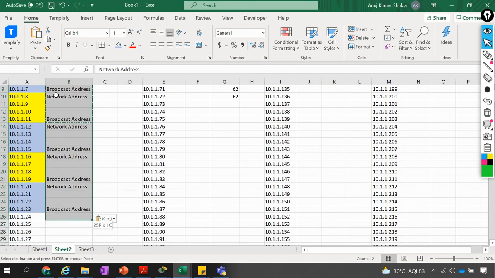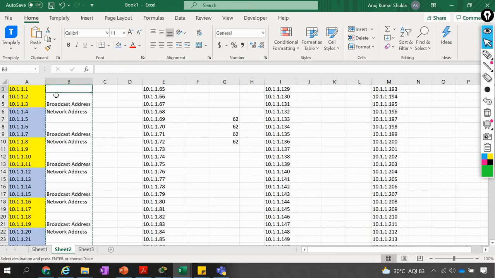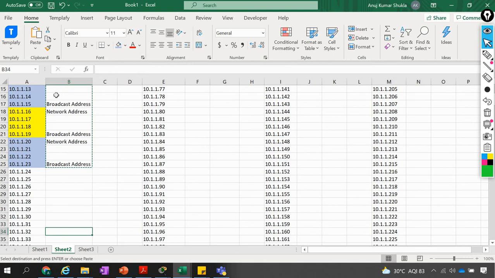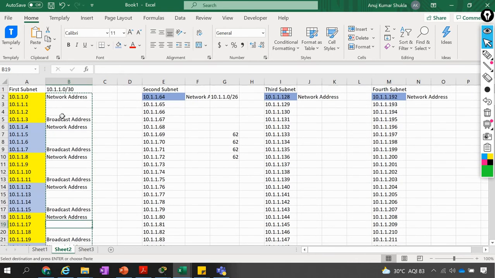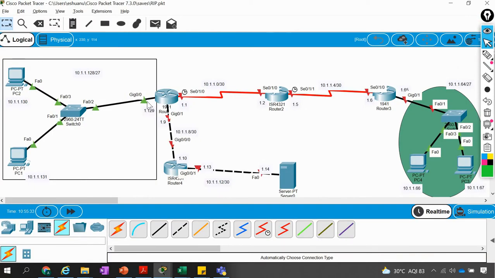But the most important part is the subnet mask. What is going to happen? We are going to use the subnet mask. So in the first network, let me use my pen. Yeah. So here on network 2, this was our network 2.